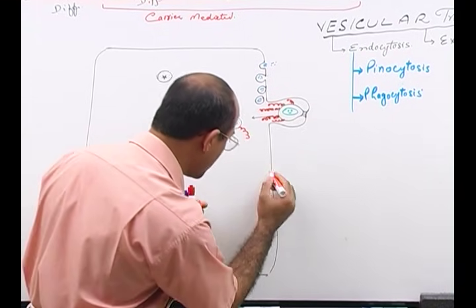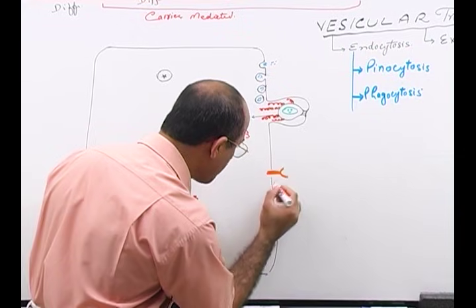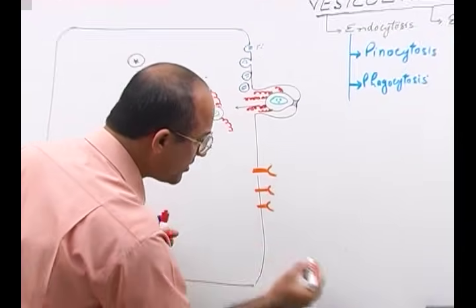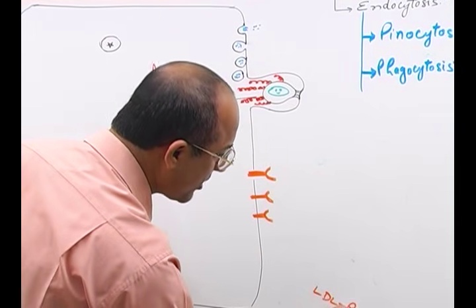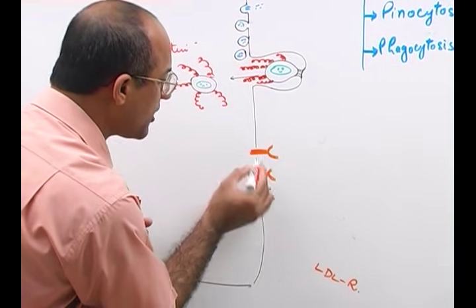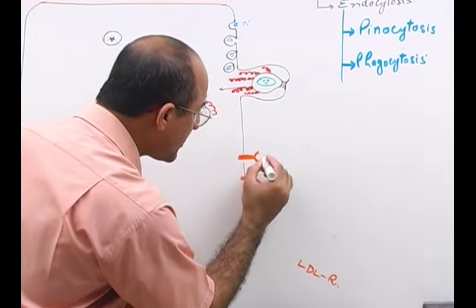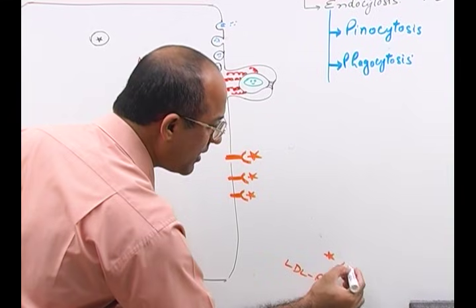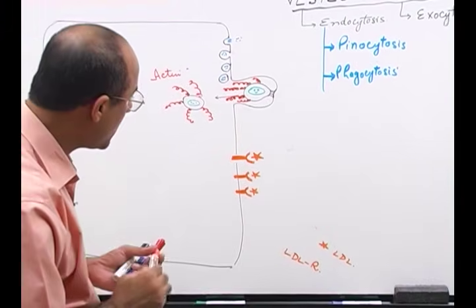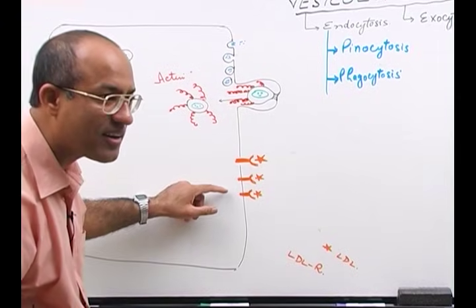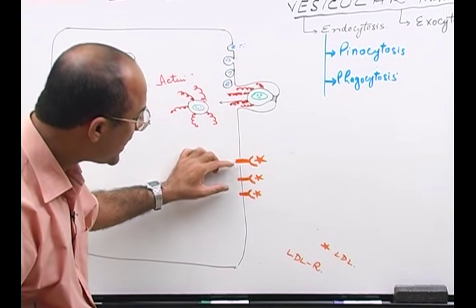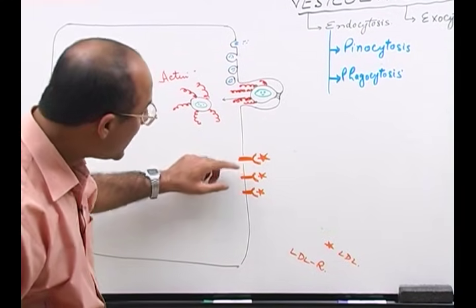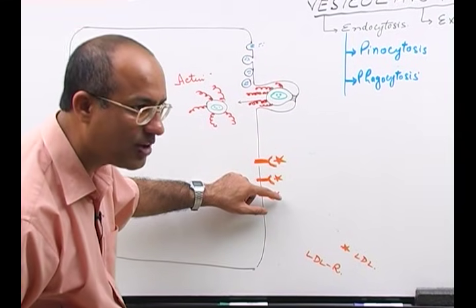This is a receptor for LDL. This is the LDL receptor. LDL is the cargo for transportation, and this is the LDL molecule, low density lipoprotein molecule. Now, in the liver cell membrane, within the membrane there are special areas which express a high concentration of LDL receptors. When LDL receptors become loaded with the LDL,